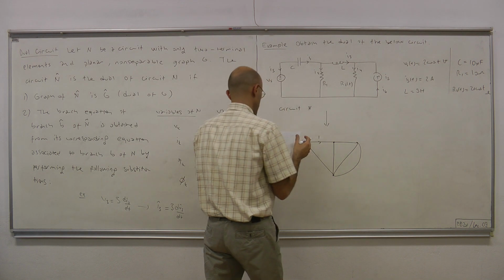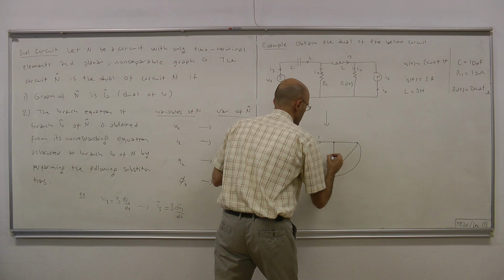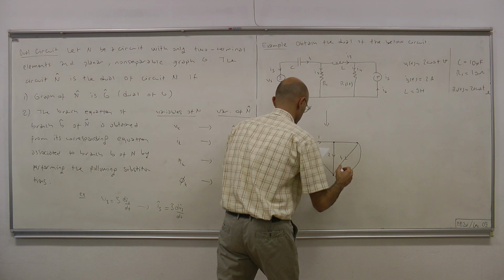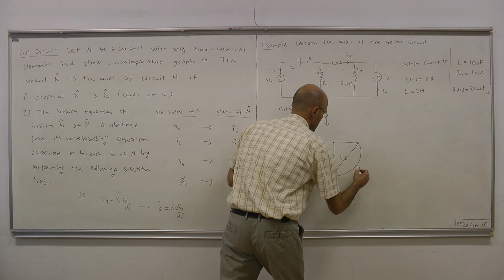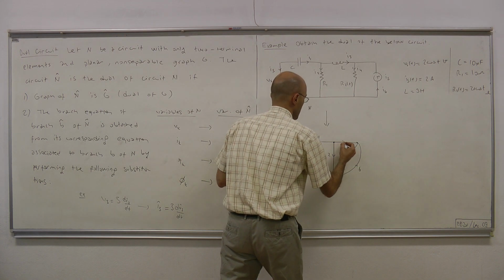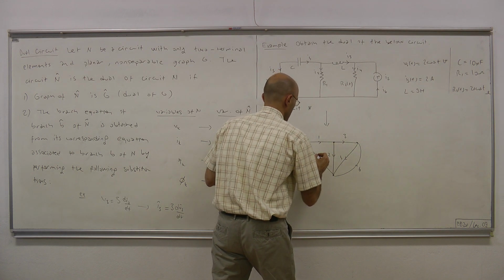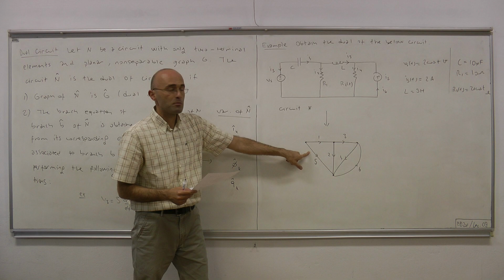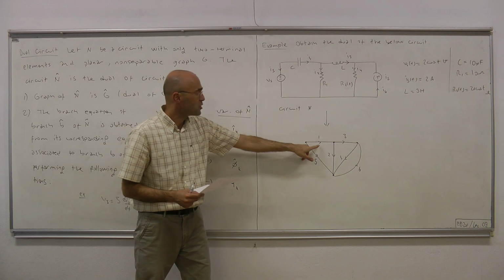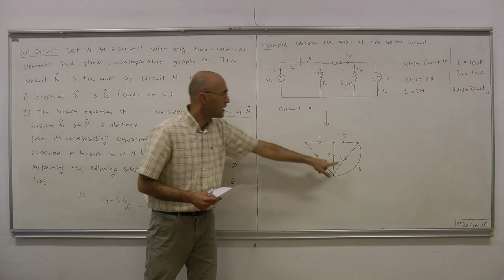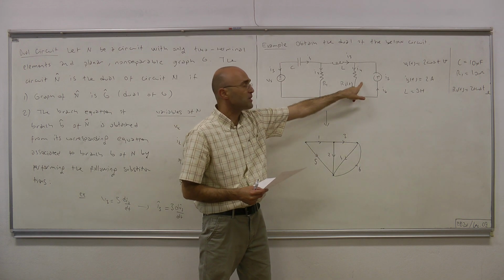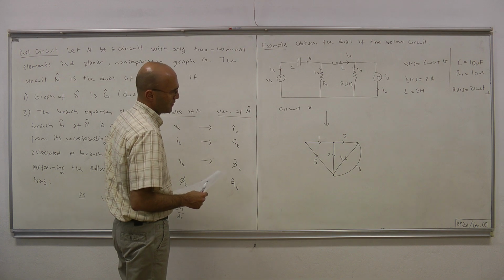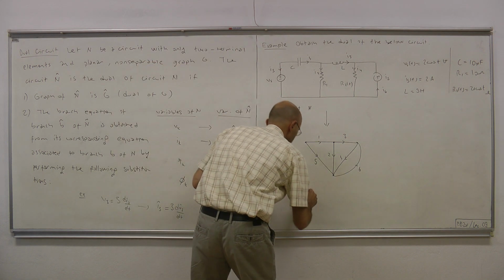So this is branch number 1, this is branch number 2, this is branch number 4, this is 6, 3, and 5, okay? This branch represents, for instance, the voltage source, this branch represents the capacitor, this branch number 4 represents this time varying resistor, and so on. Okay? Now this is our graph